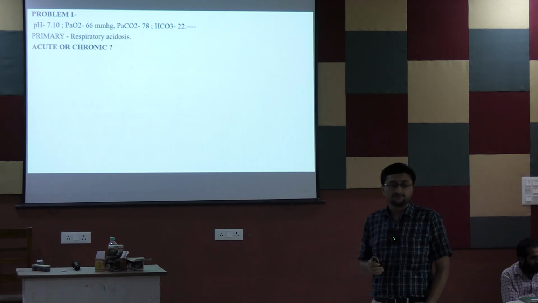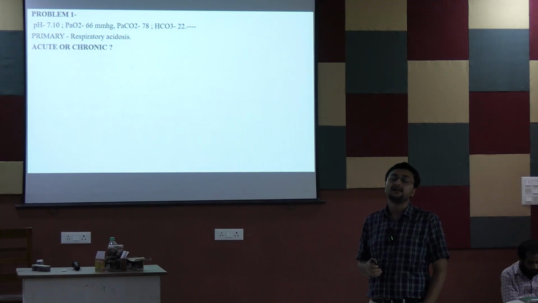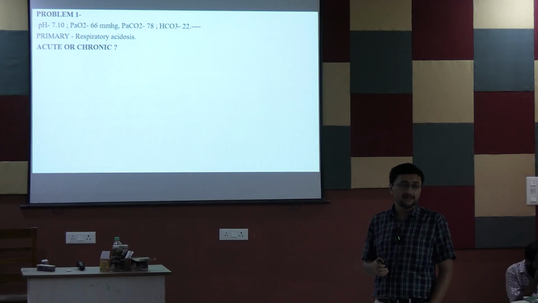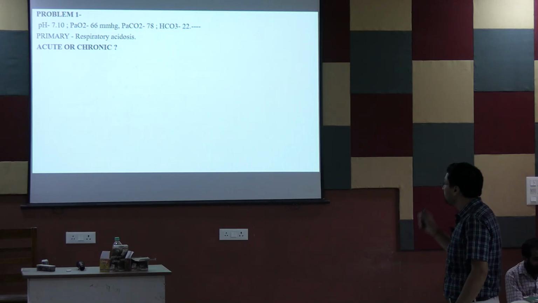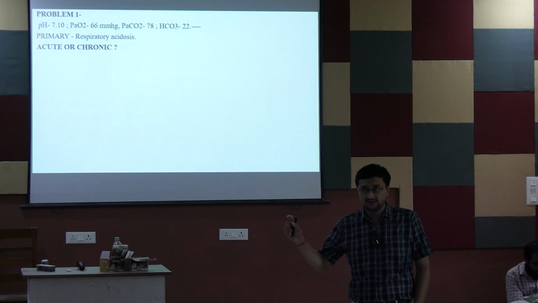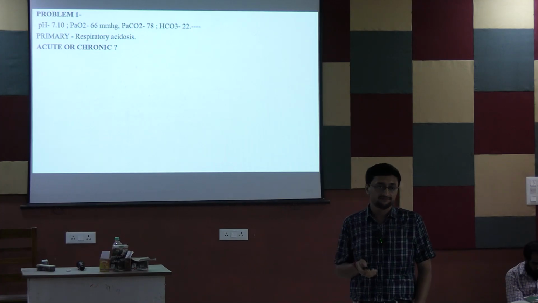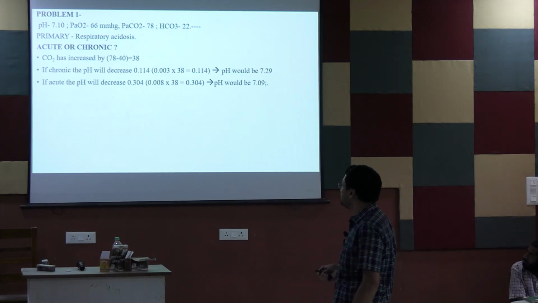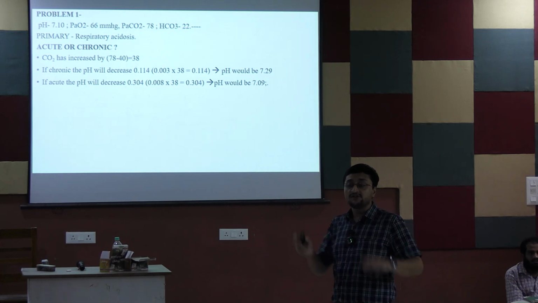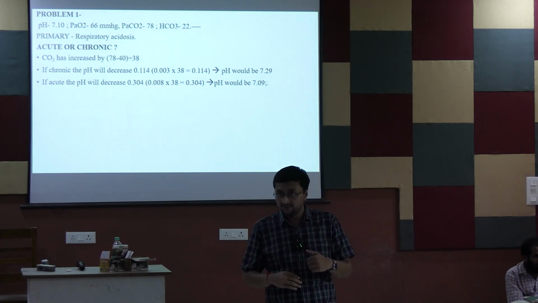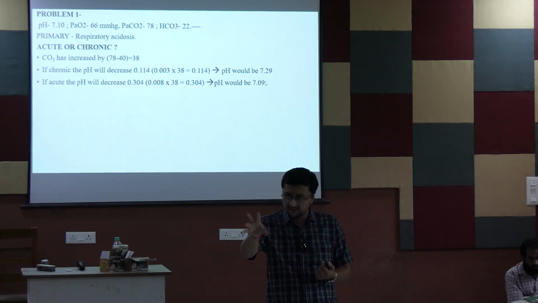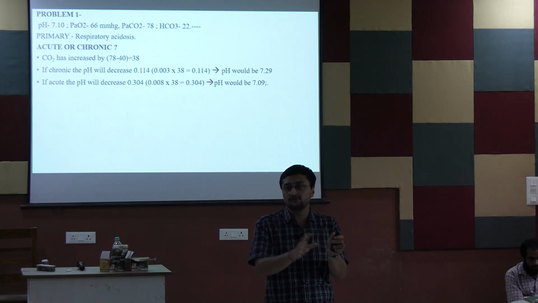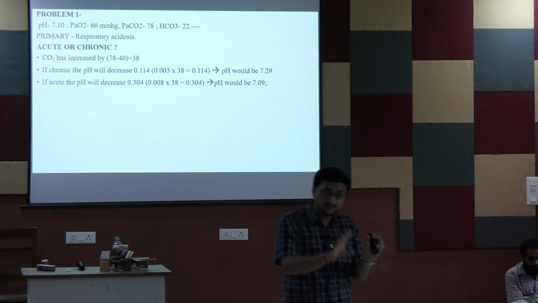this is acute or chronic, calculate কর, 0.08 pH এ চেঞ্জ দেখ, delta pH is equal to 0.08 into delta PCO2, কত আসছে দেখ, that means 0.08 into 78 minus 40, 38, তাই তো? তাহলে ক্যালকুলেট করে কত আসছে বল, 0.304, রাইট? সো 0.304 ডিক্রিজ হবে পিএইচ। সো আমাদের নর্মাল পিএইচ 7.35 মাইনাস 0.3 ধর, তাই তো? তখন অ্যারাউন্ড 7.0 to 7.1। এটা বুঝতে পারছিস? আরেকবার ক্যালকুলেট কর।